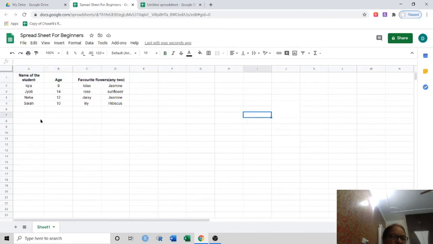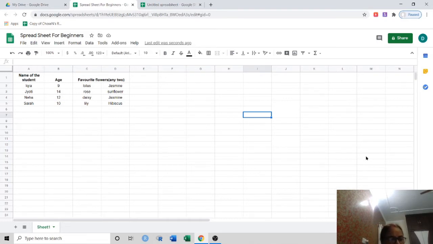Now there are only 4 students over here, 4 children over here, and every data is visible to you. Now let us suppose there were 200 students. And if you wanted to locate one of the students among these 200 students, then how would you have located? If you wanted data of a particular student, say Jyoti, and she would have been in number 190, or you do not know where she exactly was, then how would you have done it?